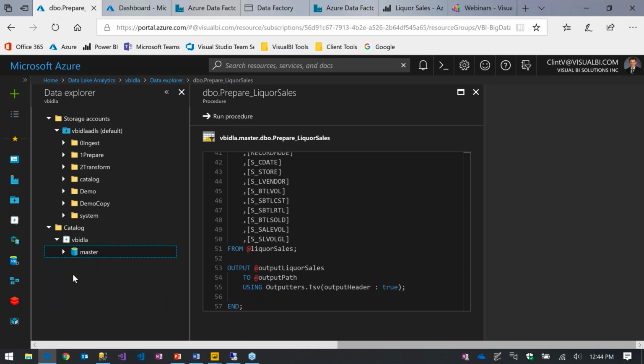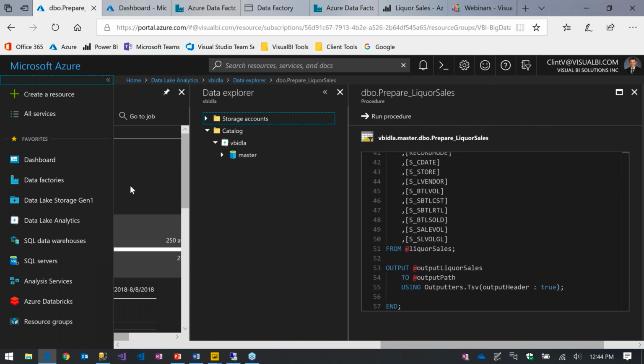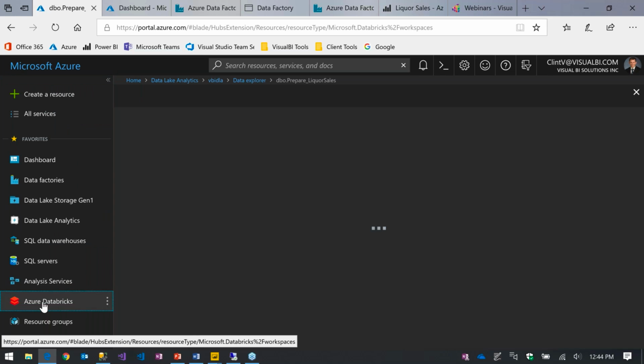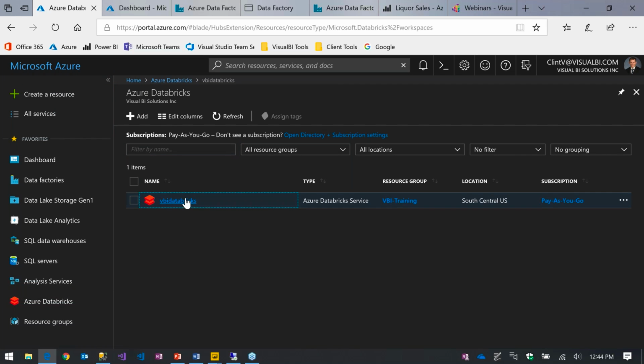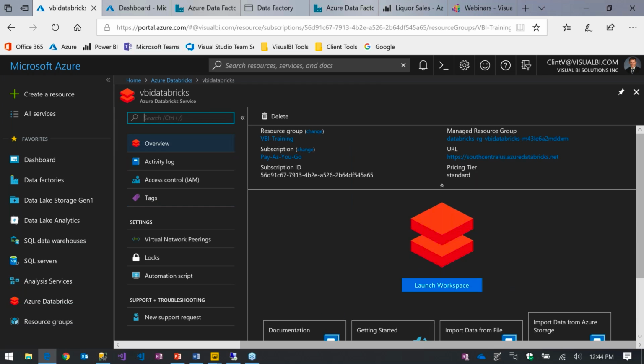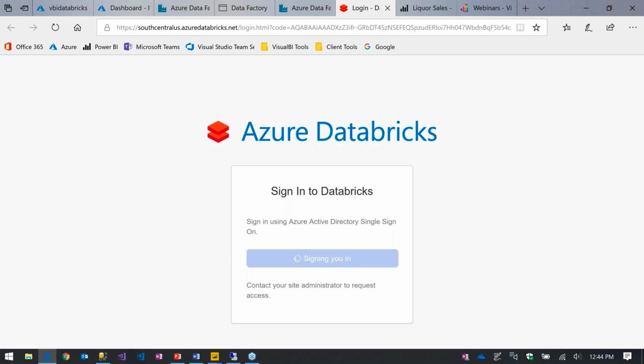But before I leave, I talked about some data science type applications. I'd like to just real quickly jump through a Databricks application that we have. This type of Databricks application would exist somewhat above Data Lake Analytics, more for your data science type things. But we had all this data out here in the data lake that we had stored from this demo. So why not use it? So we created a Databricks application. If I launch the workspace, it's going to open up, kind of like the Data Factory does, in a separate tab, separate set of tools.